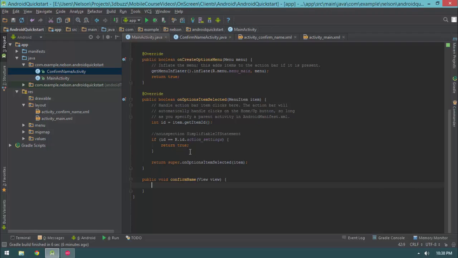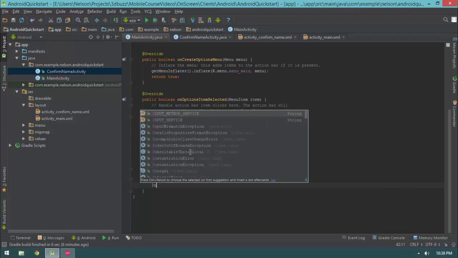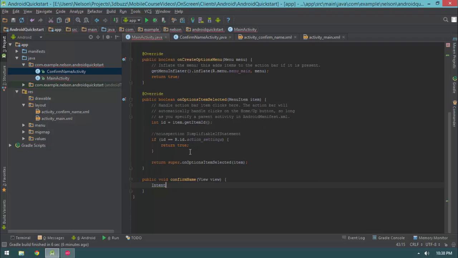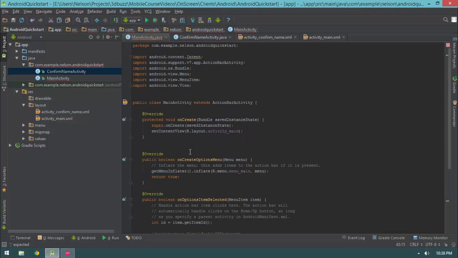Okay, this is important. I'm going to type in INTENT, then I'm going to hit enter. Why is that important? Because Android Studio just popped a new import statement at the top of my file. If you get an error about intent not being found, make sure to add an import at the top of your file, just like you see right here. Or actually, it's android.content.Intent. Really? Android content intent. Did the programmer who named that ever say that out loud? Anyway,